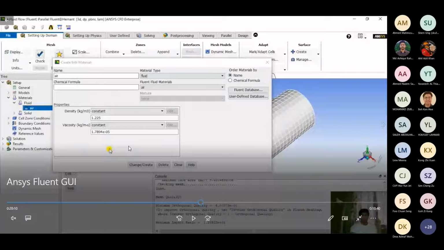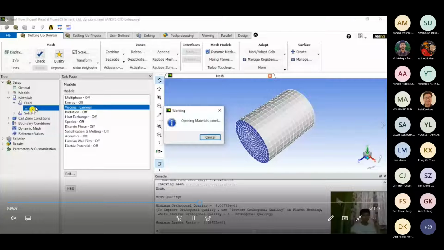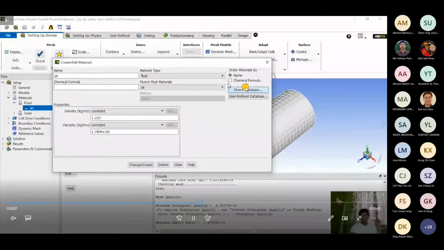you would be moved over to this UI. If you double click on air, it will open the materials panel, and here if you go to the Fluent database, you will be able to see the working fluid that you are going to work with. Okay, so you can either change your fluid from there, or you can change your fluid from here, right? So based on this,